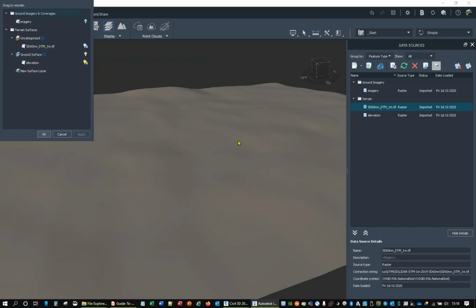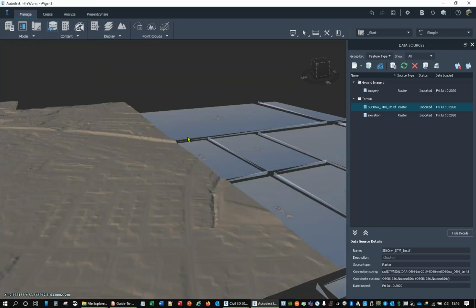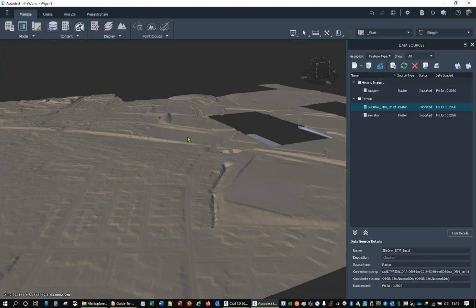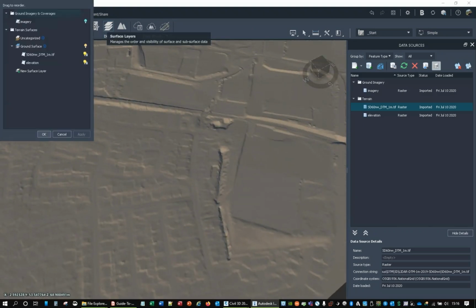And if you want to make it part of this ground surface, you just need to drag it into the ground surface and hit the little tick and hit OK. And you'll see that's much higher quality data. And I've shown you this before. And we can work with that data. Let's just turn that off though, because what I've got for this site